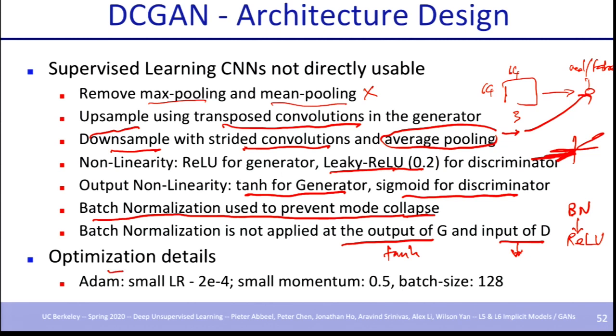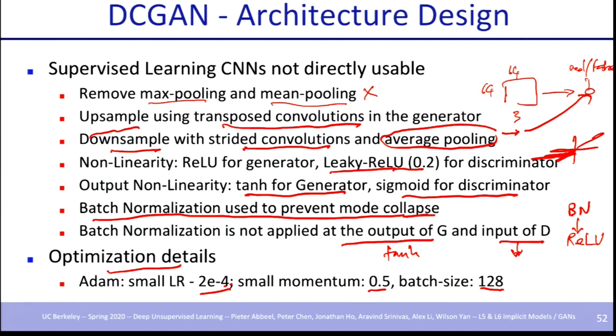Finally, in terms of optimization details, they use an Adam step size of 2e-4, and they don't use a very aggressive momentum. So that's probably telling you how optimization is a big issue, and having too much momentum or no momentum is going to make your models not train that well. So they pick a very reasonable momentum value, and they train with a reasonably big batch size. 128 was probably considered big at that time. And all these are very crucial details to get these results.